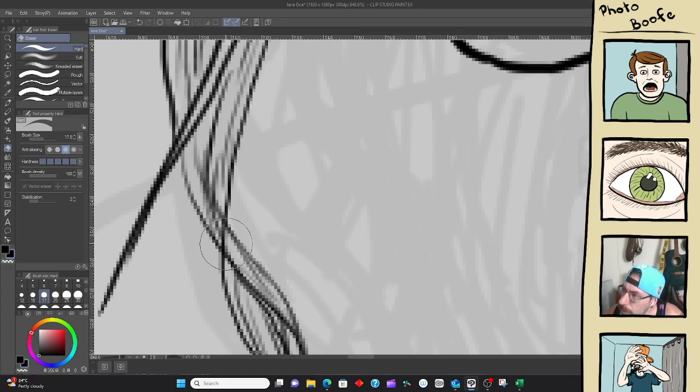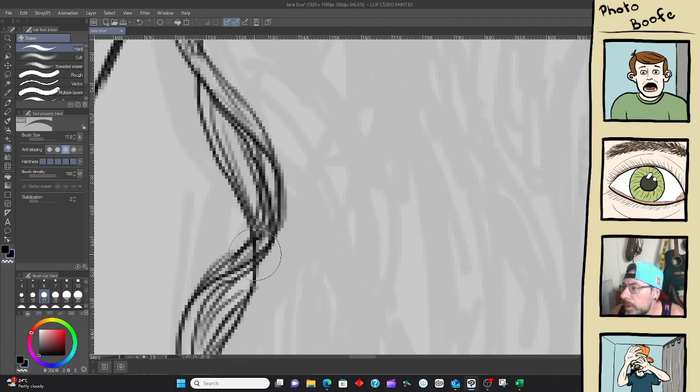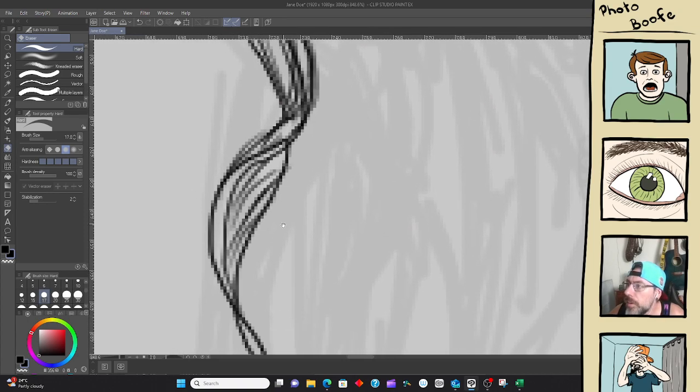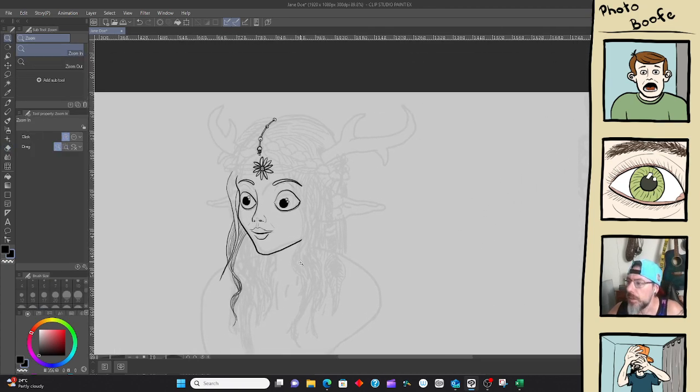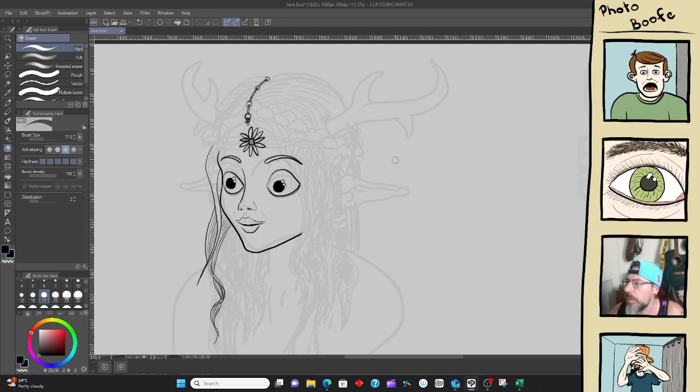What ends up happening is these lines go away, these lines go away, and it gives the illusion that it's already wrapping around.